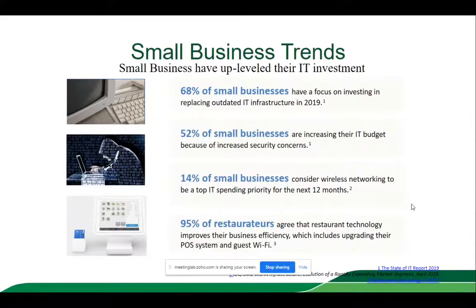So 52% of the IT budget is focused only on security concerns. So we would take into consideration how Instant On is successful in resolving all these issues. Then it says that 14% of small business organizations